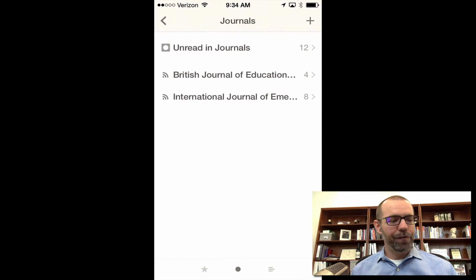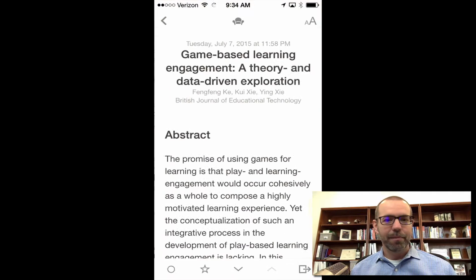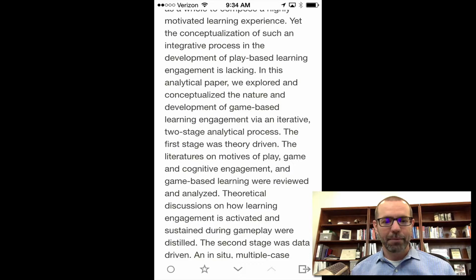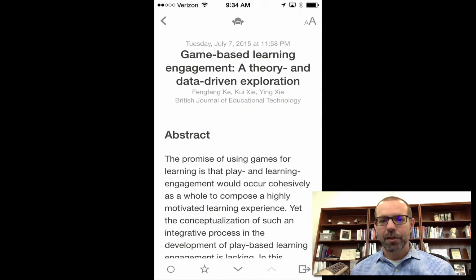However, if there are feeds and entries that I do want to read later or process further, I can do that right within this app. So let's say I'm taking a look here at the British Journal of Educational Technology, and I'm interested in this game-based learning article. I can skim through and read the abstract quickly. And if I realize, wow, this is something I really want to take some more time and read later on,